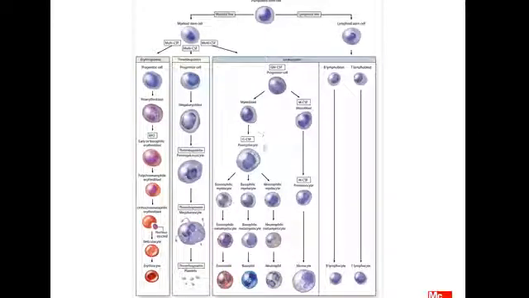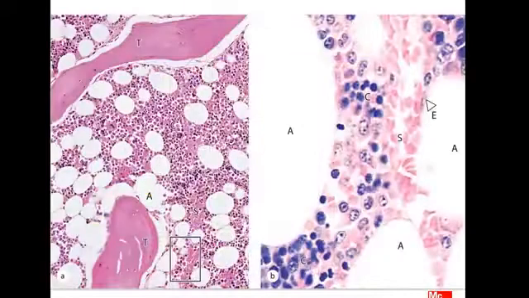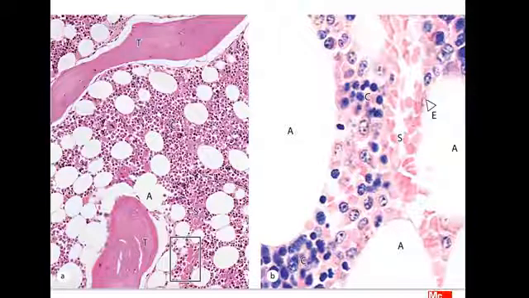All these cells occur here in bone marrow. This is the bone marrow. This is the hemopoietic part of the bone marrow. All the cells here differentiate and mature,